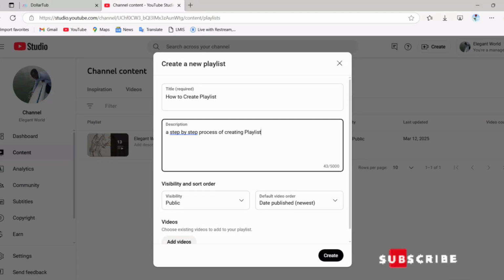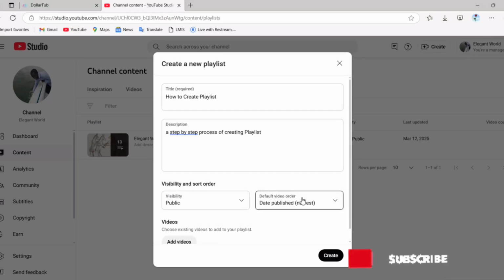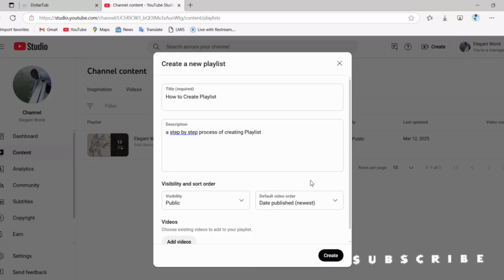playlist. And then you have to adjust the privacy setting. The first one is the visibility. You do have 3 options: public, private, or unlisted. You have to decide what to make about the visibility of your videos. I prefer to choose public, and also you are expected to arrange the default video order,